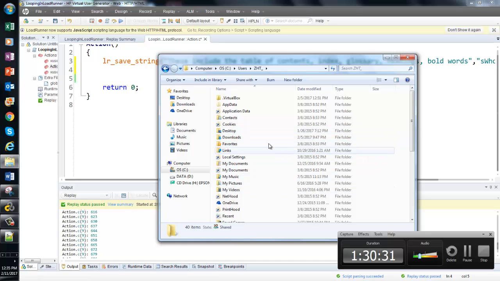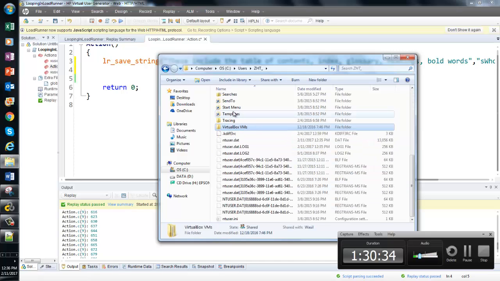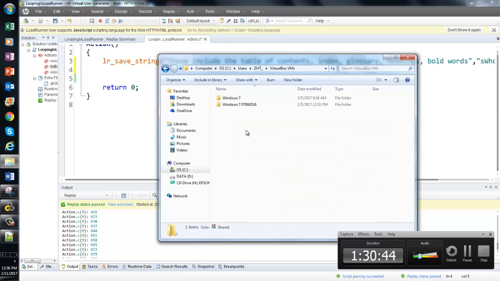Actually, if you press V, can you press V, V for Victor, and you will see VirtualBox VMs. Yes. Can you see that? Yes. I do that. Okay, can you double click on that? No, I am confused now. Yes, if you see VirtualBox VMs,